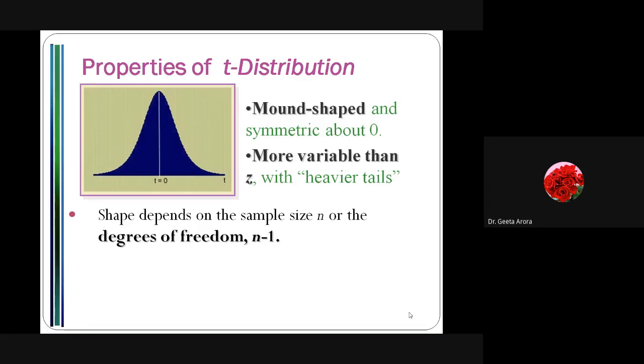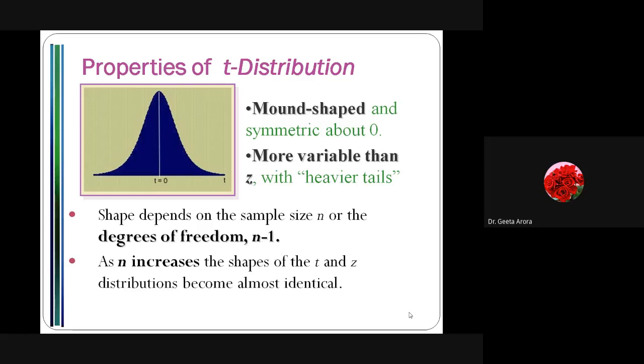So that's why I'm saying that with the t test or t distribution, the shape depends upon the sample size n or the degree of freedom n minus 1. Right? So it means n minus 1 values are free to take whatever values they can, and we need adjustment in only one if required. Correct?